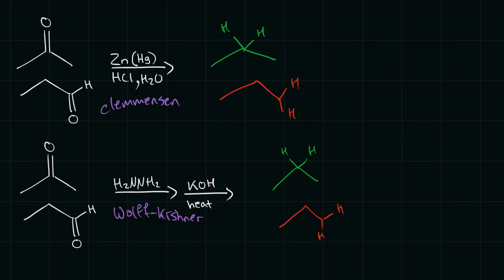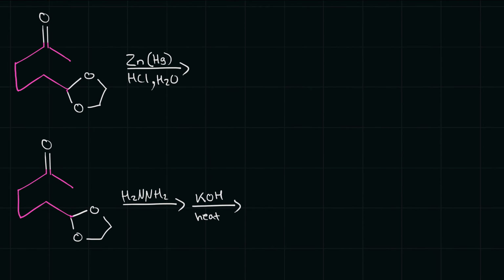And so what group have we learned previously that is acid sensitive? Well, we have something called an acetal group. If we have an aldehyde on the same molecule as the ketone, remember we can turn the aldehyde into an acetal more readily than a ketone. That acts as a protecting group. And so if we want to reduce the ketone, say we protect the aldehyde in order not to deoxygenate it,